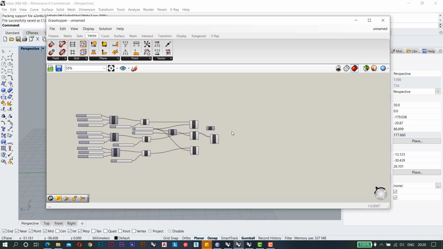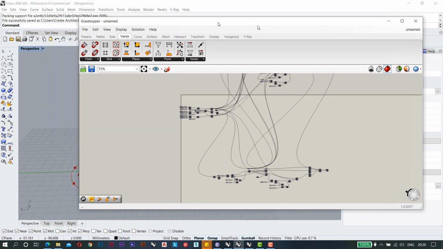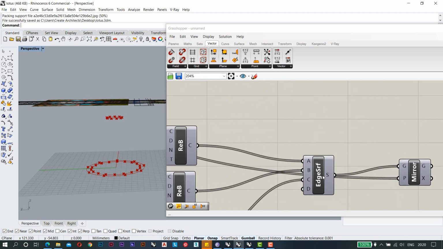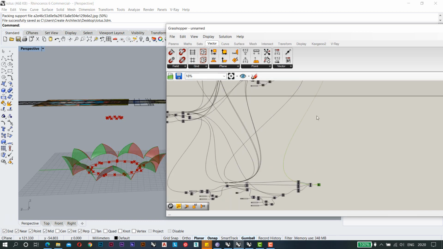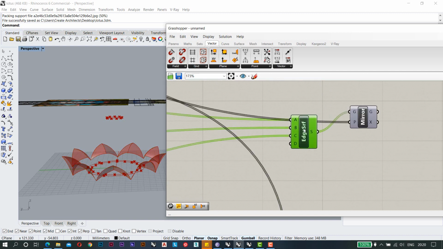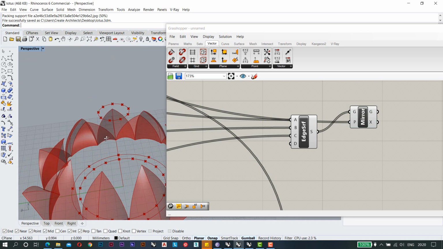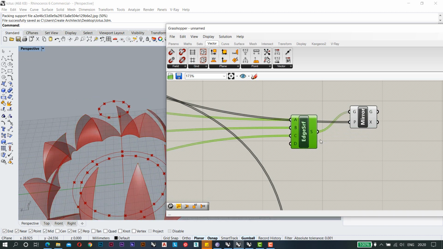Hello everyone, we are back on Lotus Temple. So till now we have framed it up to this point, which is making the outer leaves and the middle leaves. Now we are going to make the inner leaves, which are these ones. For that one we have already made our circle.